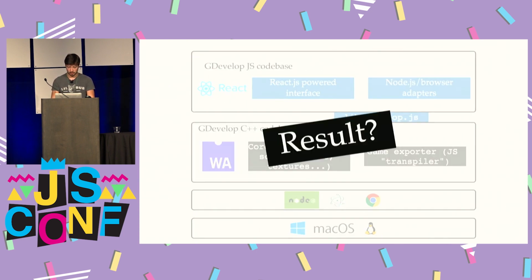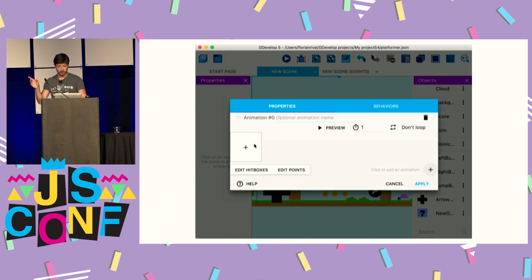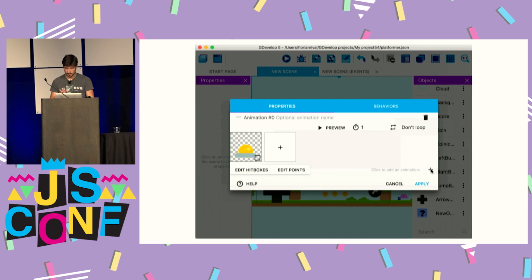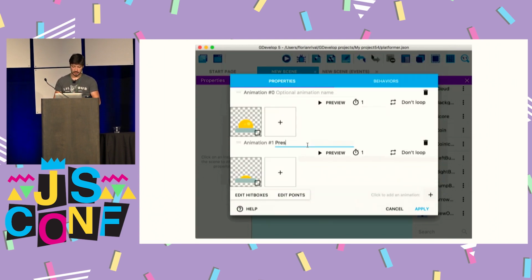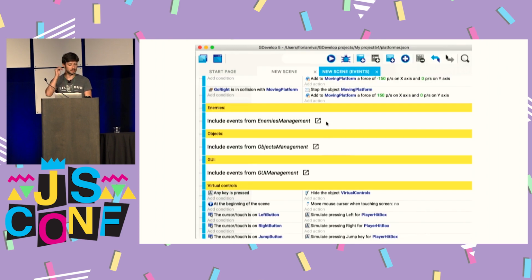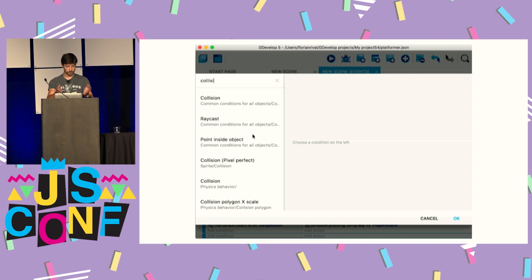And yeah, we can wonder now what's the result of all of this. Let's take a look. So this is a new application, and the demo I'm doing here is the same as before. I will be creating a button object with two animations, one when it's pressed and one when it's not pressed. And I will be adding it on the screen after renaming it to button, and doing the same thing as before, adding an event so that when the player is stepping on the button, then the platform is going up in the air. So that's more or less the same interface as before, but all done in React,